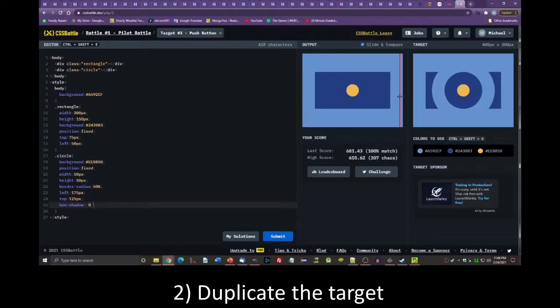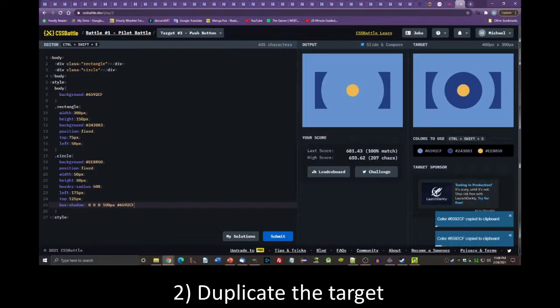A box shadow can have any number of shadows layered on top of each other. The first 3 arguments for the box shadow are vertical and horizontal offsets, as well as the blur. We want these to appear as borders, so we'll set these three properties to 0. The last two properties are size, which we set to 100 pixels, and the color, which becomes the same light